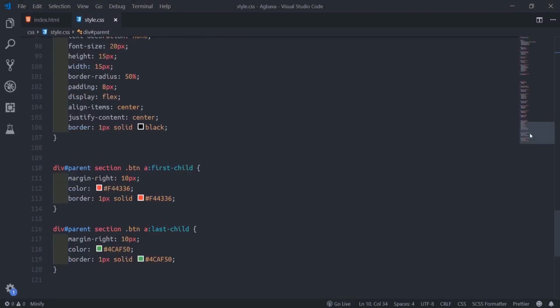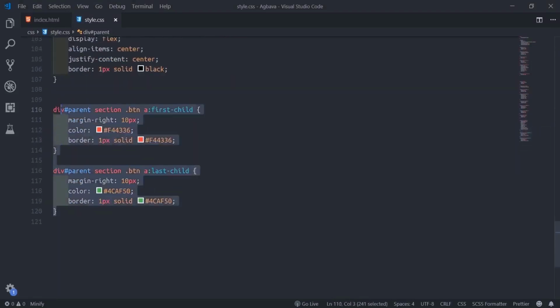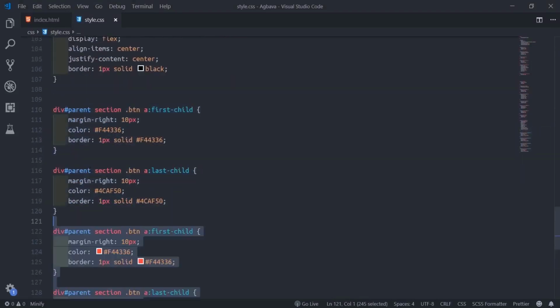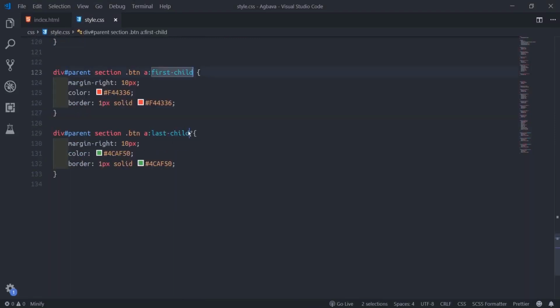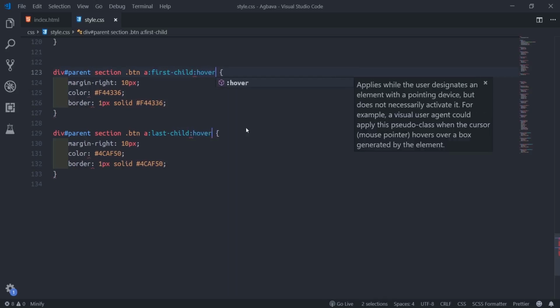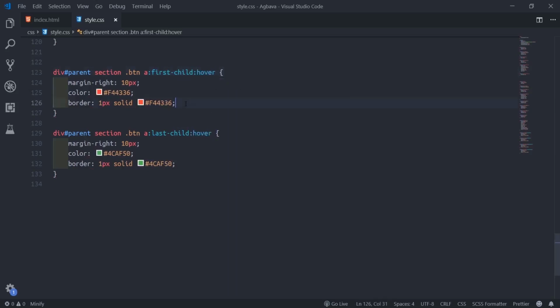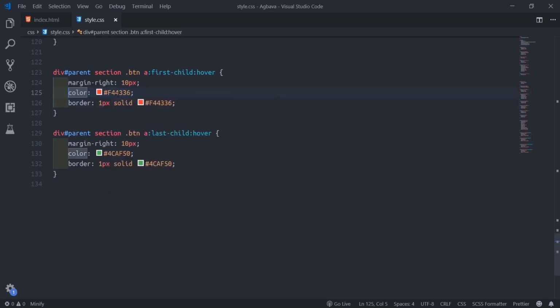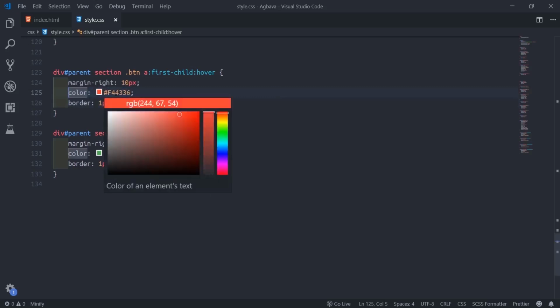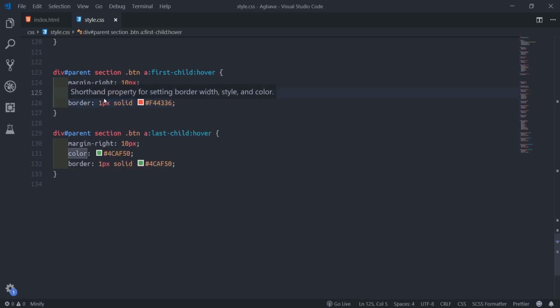So we'll duplicate these two. Then for the ending now, we'll put hover effect. So by the time we hover, make their background color, maybe this red. That is, if we hover this one, the background color will be red, then the color itself now could be white.